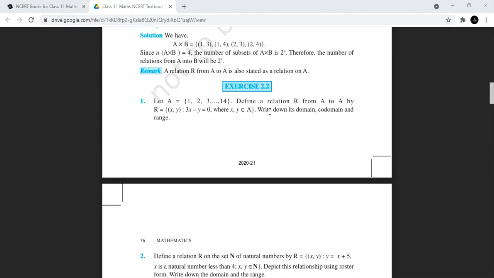Okay. So now you have to write the domain, codomain and range. So domain will be all x. Collect all the x of the ordered pairs. That was 1, 2, 3, 4. Okay, 5 was not coming, so 5 will not be included. And what will be your range? Range will be all the y's. That is 3, 6, 9, 12. And codomain, children, has to be set A. In the Cartesian product, the second set is the codomain, right? So I think verbally I have solved the whole question for you. You put it in writing and you'll get it easily, right?